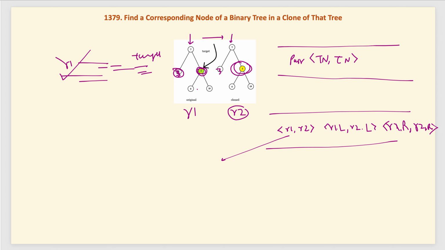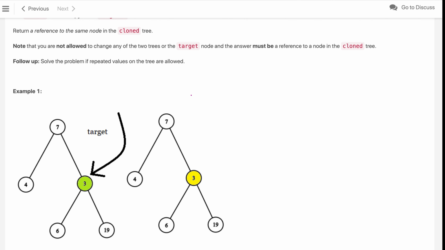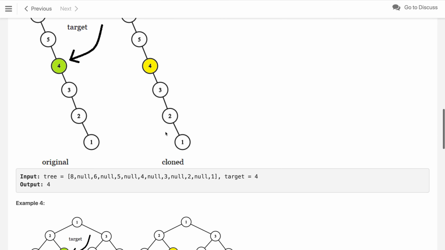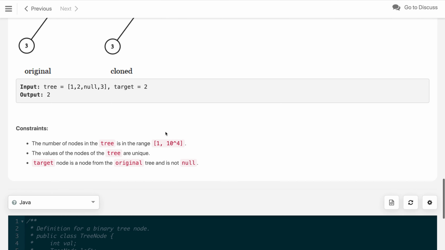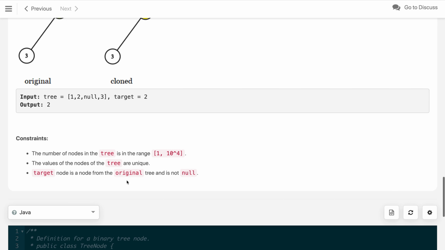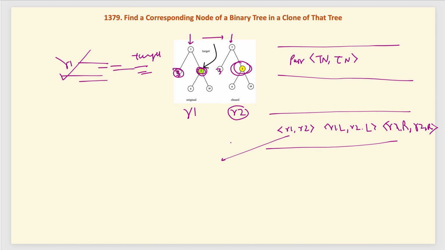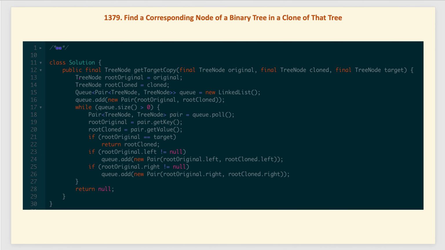So pause the video and implement the code. Once you implement the code, you will try to test it. Here in the LeetCode interface you can't try because they do validation for unique values, but you can create a tree class and everything in your local IDE environment and test there. So here is the code that I just created.